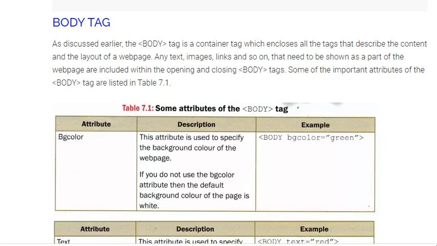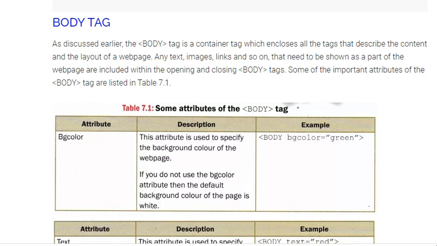Hello dear students, in the last video we studied how to create an HTML document, right? The basic structure of an HTML using the head tag, HTML tag, title tag and body tag, right? Today we are going to discuss some of the tags deeply, along with the attributes, alright?